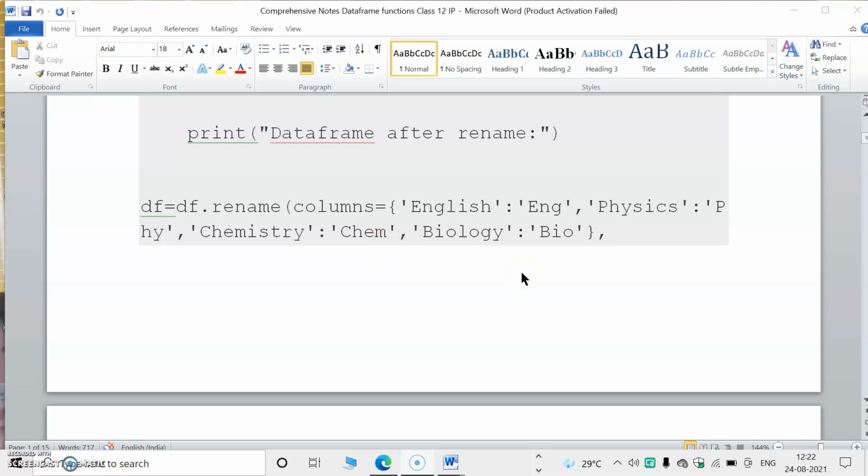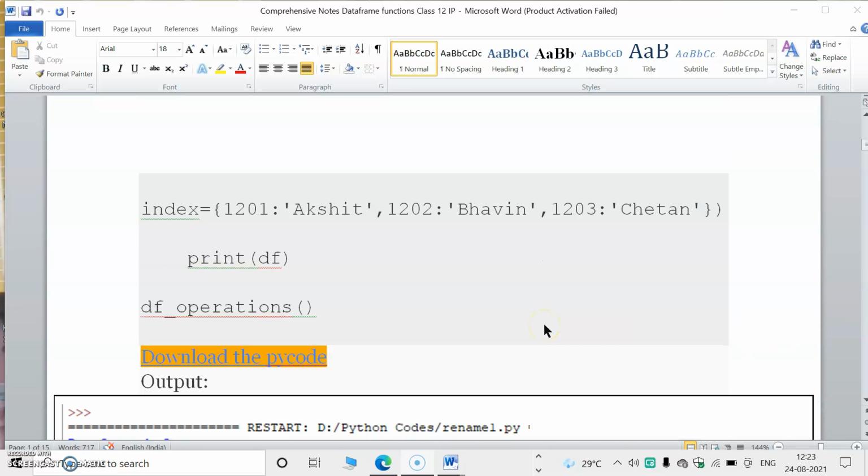So the syntax is data frame object dot rename. Then if you want to change the columns, columns equal to, inside curly braces. That means inside the dictionary we are using both key and value. In the place of key we are using the original value of the column, and in the place of value we are using the new value. So column values are changed to ENG, PHY and so on.